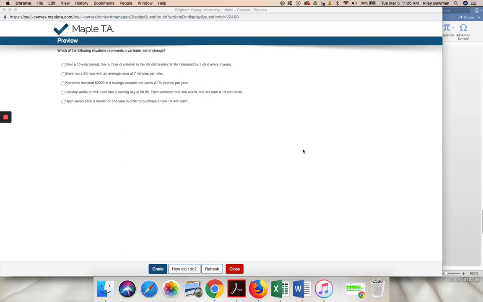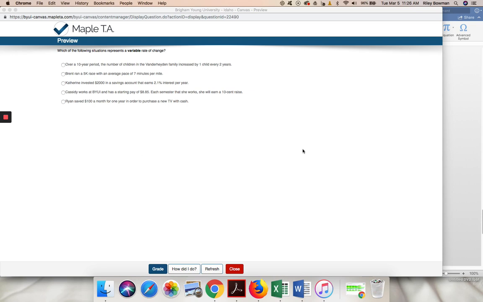Unit 2 exam review, question number 37. Which of the following situations represents a variable rate of change? The first one says, over a 10-year period, the number of children in the Vander Heyden family increased by one child